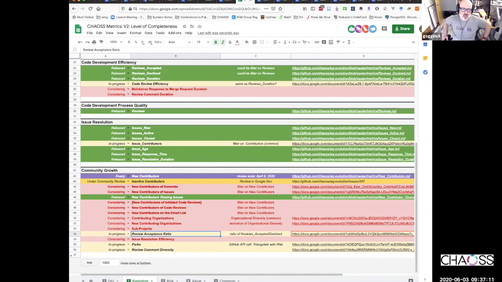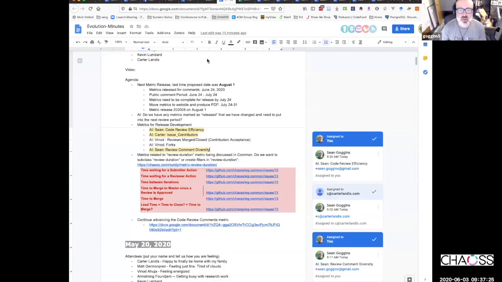I think if we can agree review acceptance ratio is the name, we could work on the metric, and then at the next meeting, which will be the last meeting before the release period, we can make a final decision on whether review acceptance ratio belongs in which category.